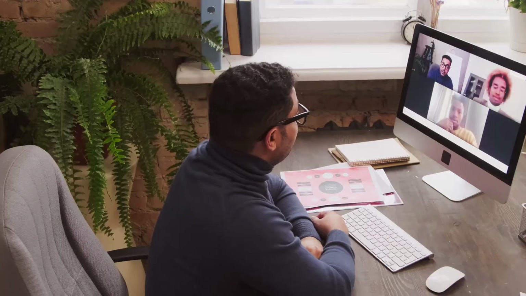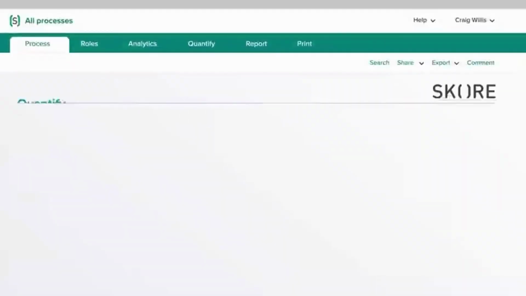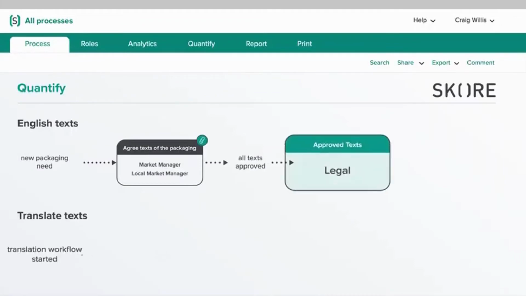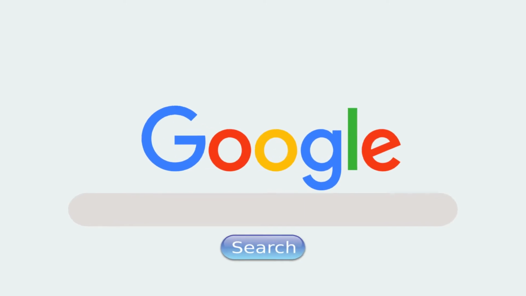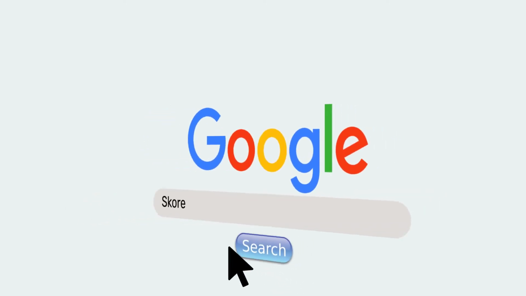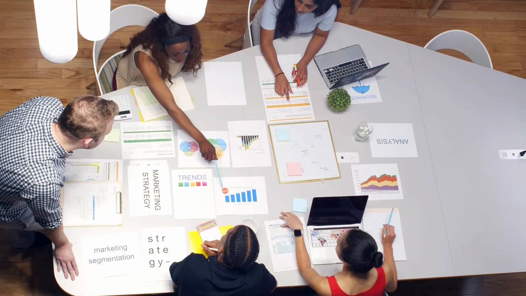In order to run a process workshop, you need a room that's big enough to accommodate all of the people that you're going to invite, or if you're running the workshop online, you need suitable software that will allow people to be able to talk and share ideas while you're mapping the process. You'll also need somewhere to record any other information, ideas or actions that come up, but ultimately you need some process improvement software such as Skore